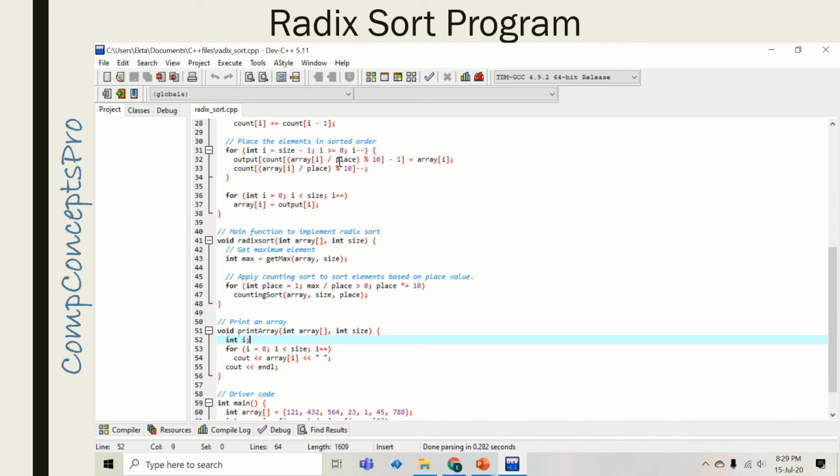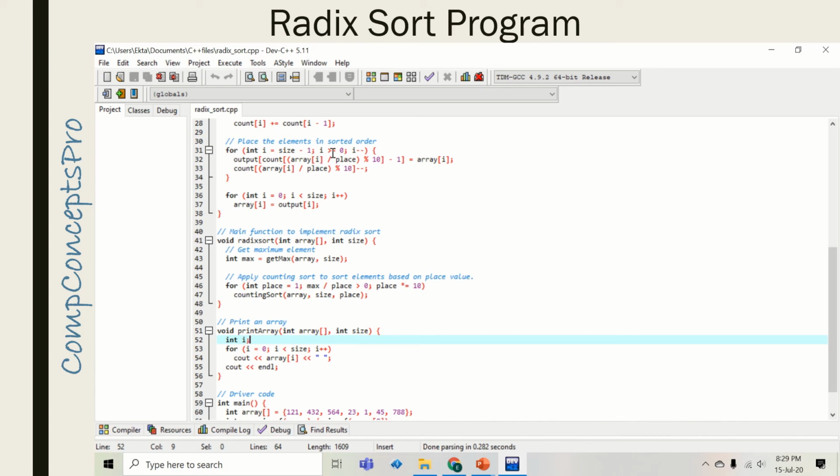This array of I divided by place mod 10, we had understood in the previous statement. So this will give the index position of count array, and count at that index position minus 1 will give the index position of output array. So whatever value is at the index position I of the array will be copied to this index position of output array. Simple.